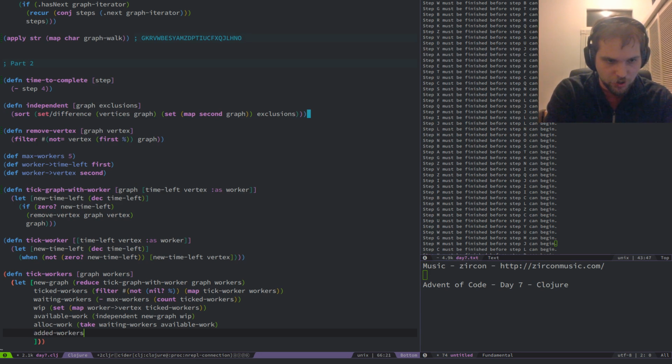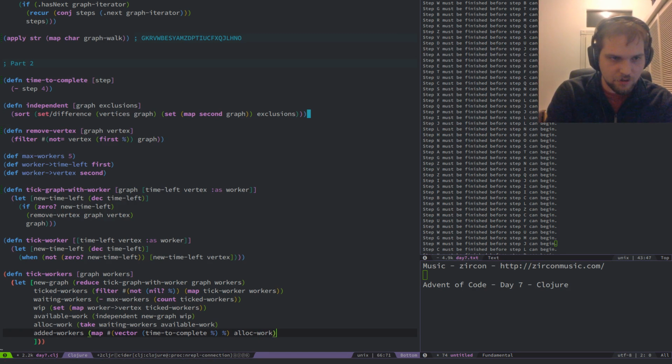Added workers is map time vector time to complete percent of allocated work. So I just make a worker out of it.